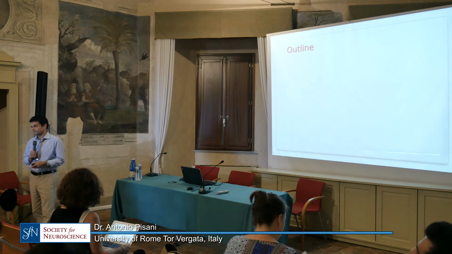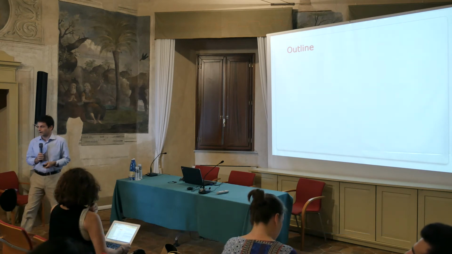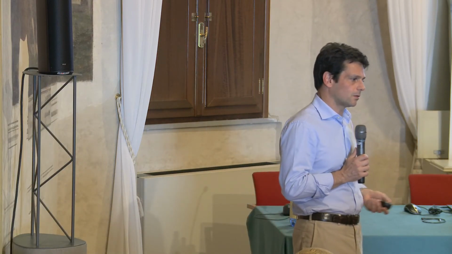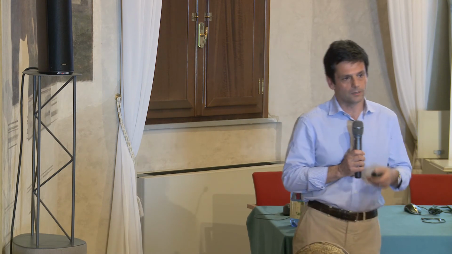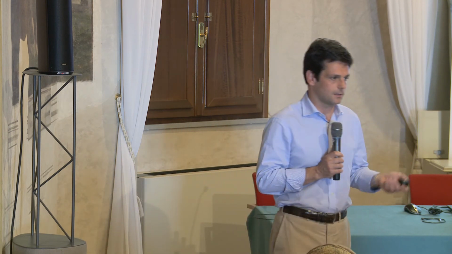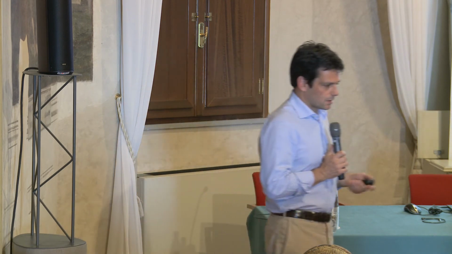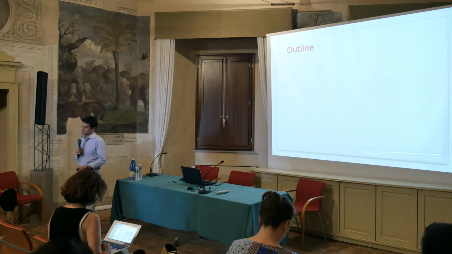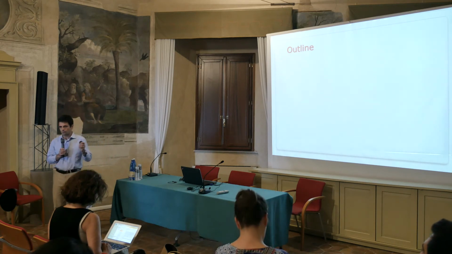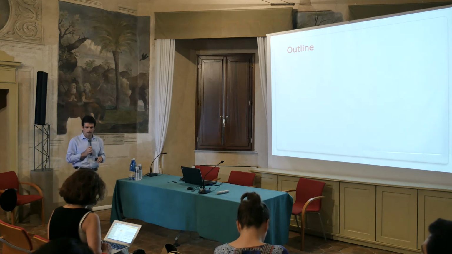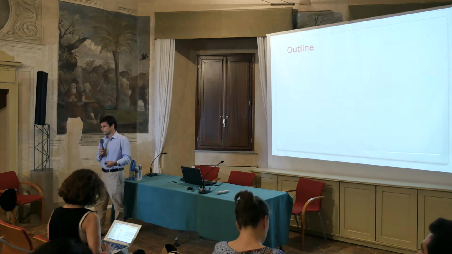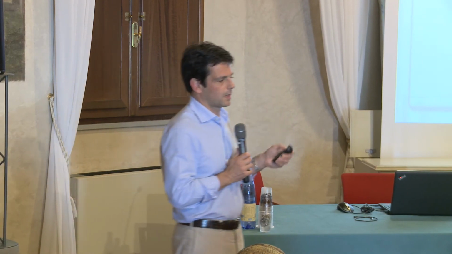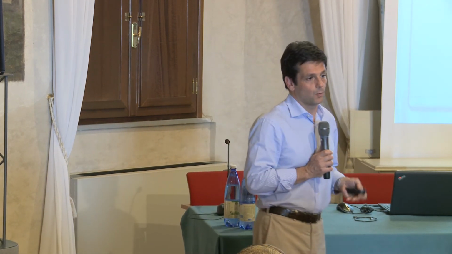So we tried to delineate the organization of the basal ganglia, the neurochemistry, and also what happens in the striatum with different cellular subtypes, and then plasticity. Of course, this was very general information because plasticity has many mechanisms, many complexities inherent to the fact that both pre- and postsynaptic elements are involved. So, of course, this is out of the scope. I won't go into the details of this, but I wanted